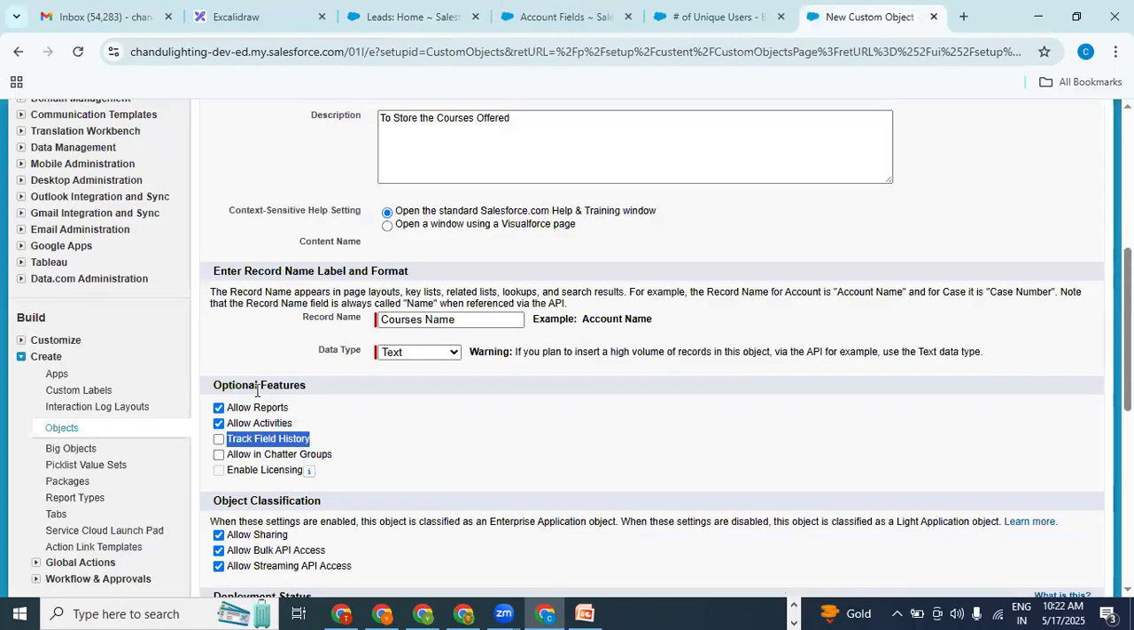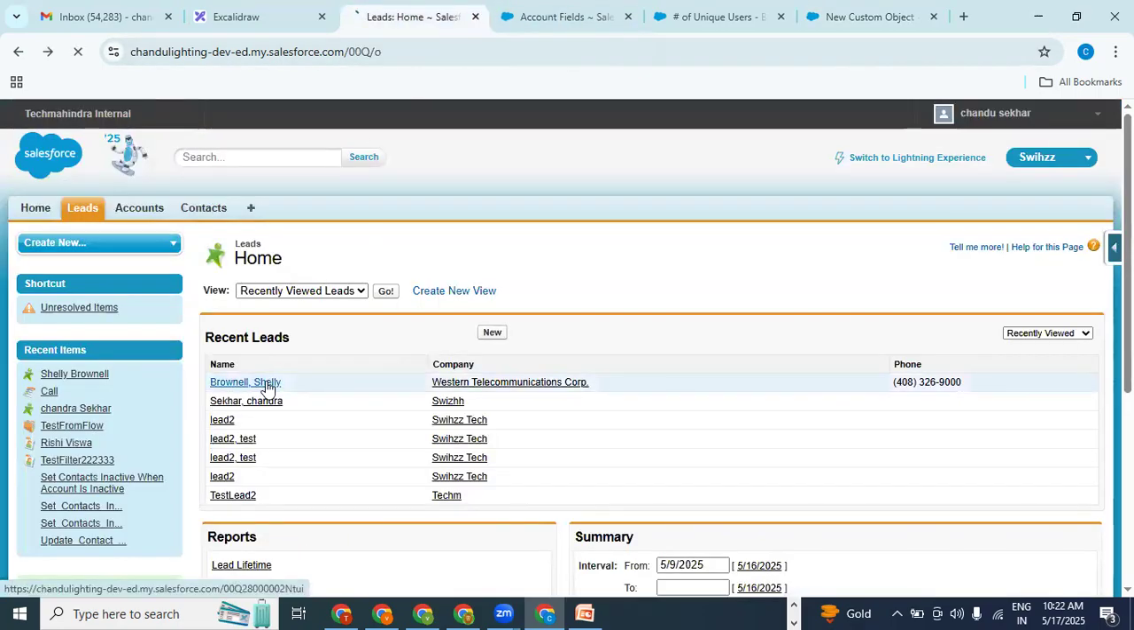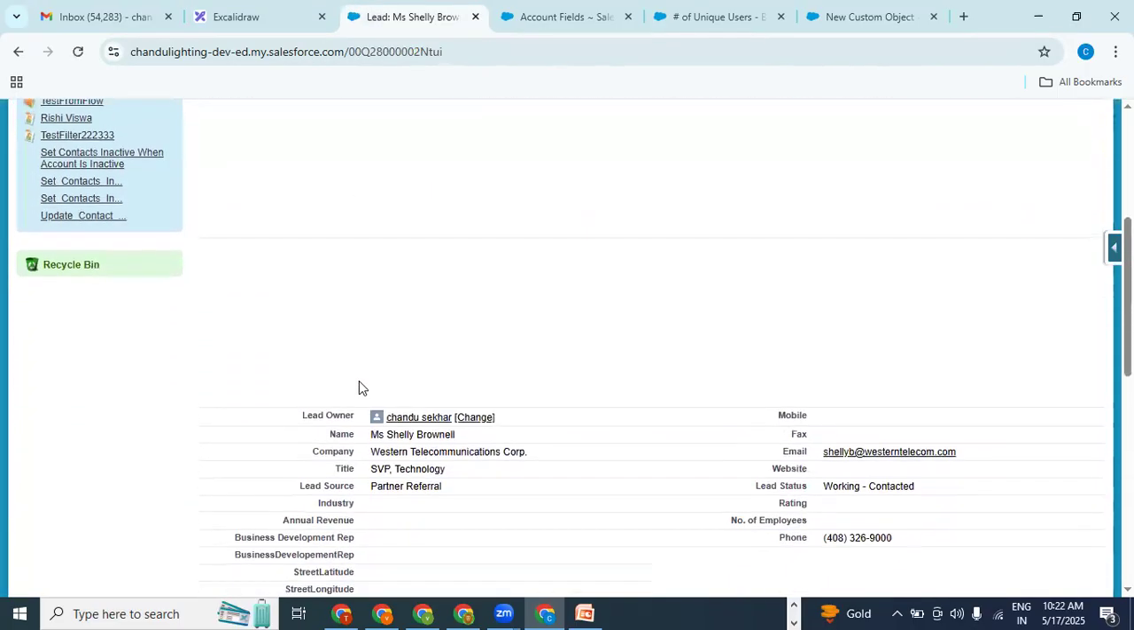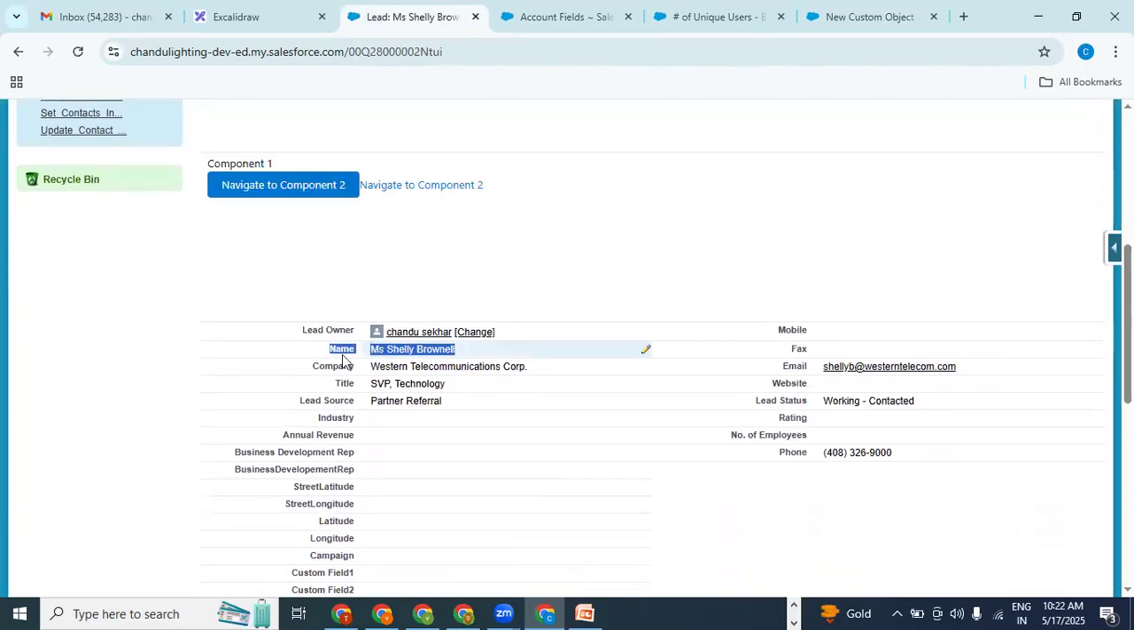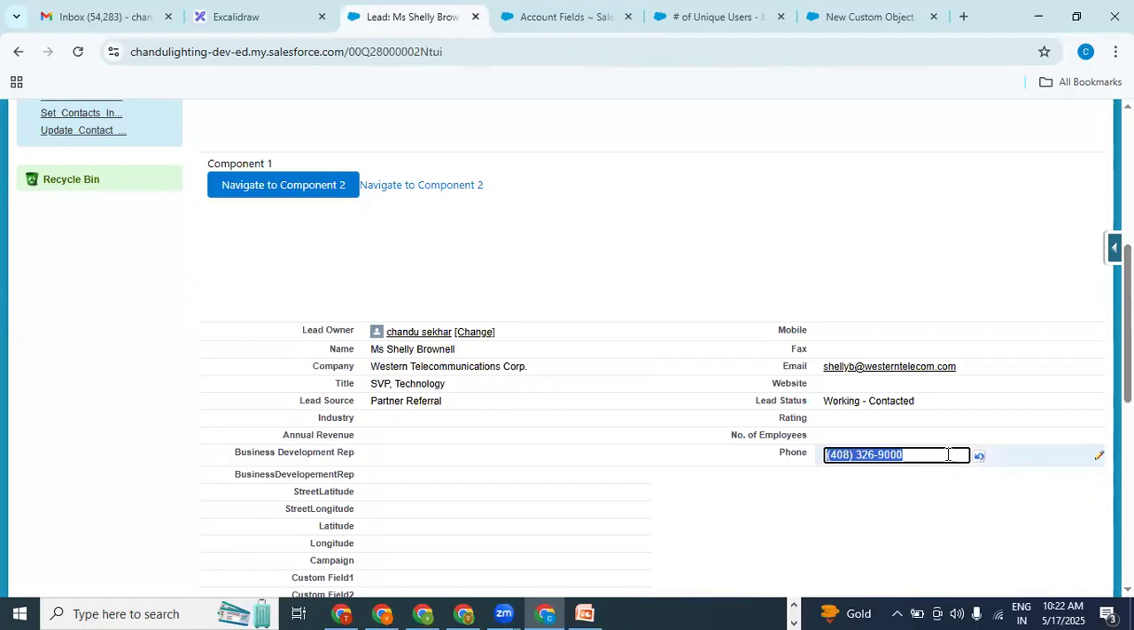So where are we? We are at track field history. For example, on the lead object, I have these fields: name, company, title, lead source, email, lead status, and phone number that I have entered. If somebody changes this phone number to something like 81424384,